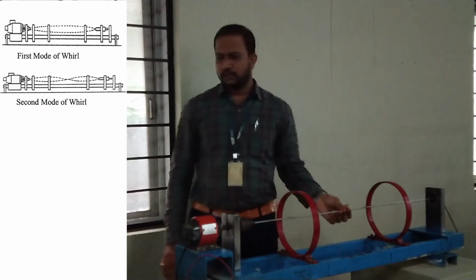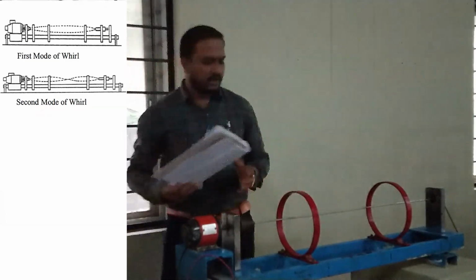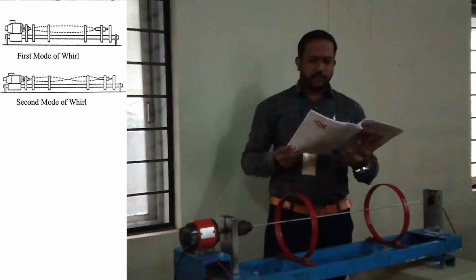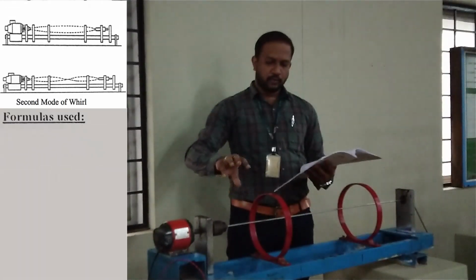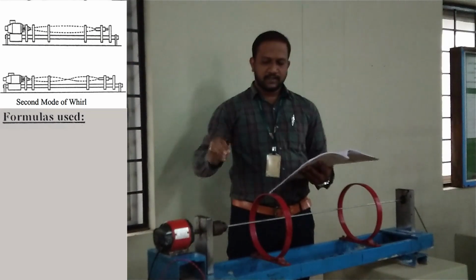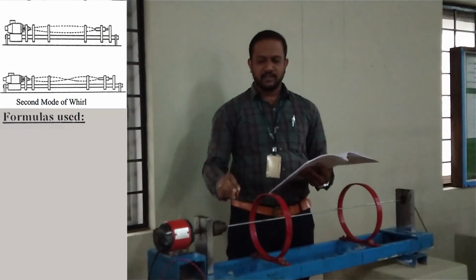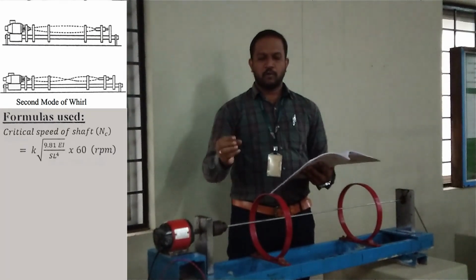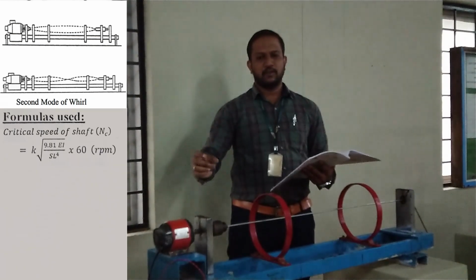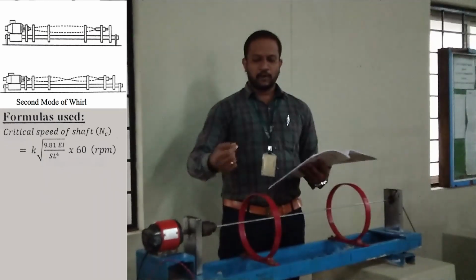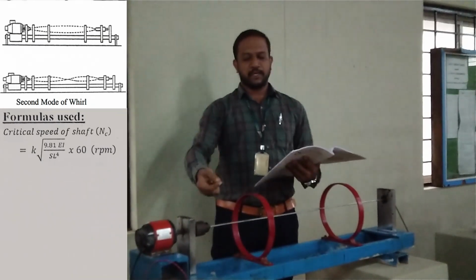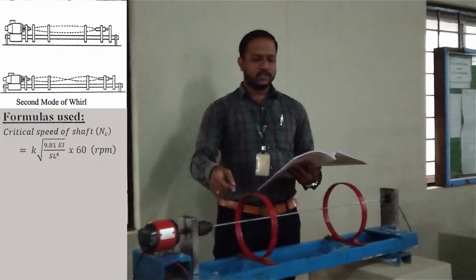After this, you should conclude this part. Here we are giving the formulas for the theoretical calculation and how to put in the values. What you should observe from this experiment is, for a shaft, what the critical speed is for a particular shaft, and what will happen to the shaft if you operate beyond that speed.